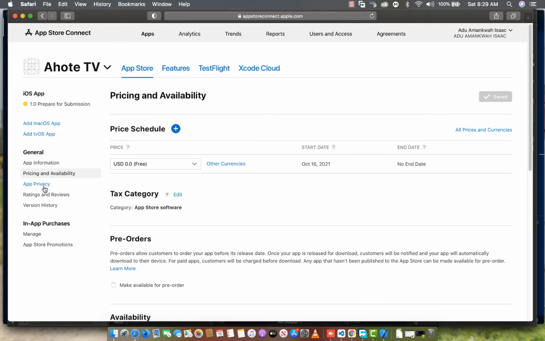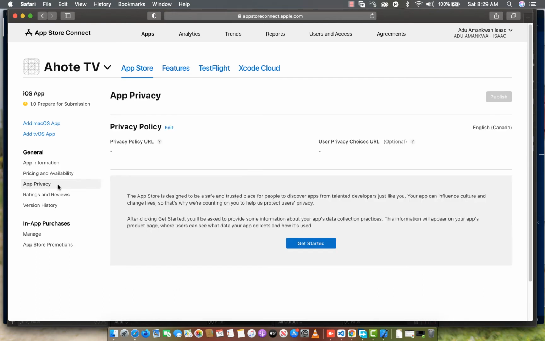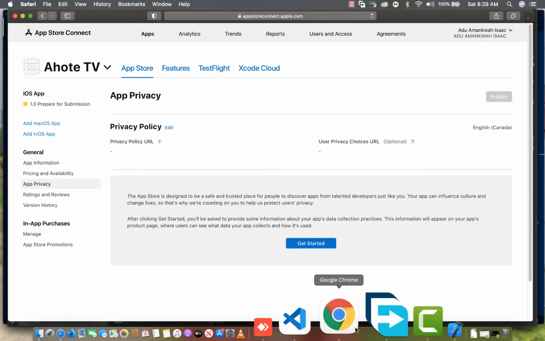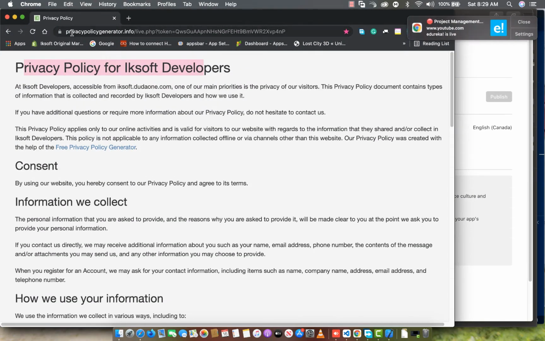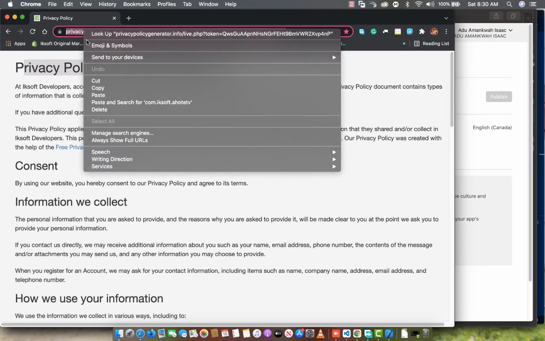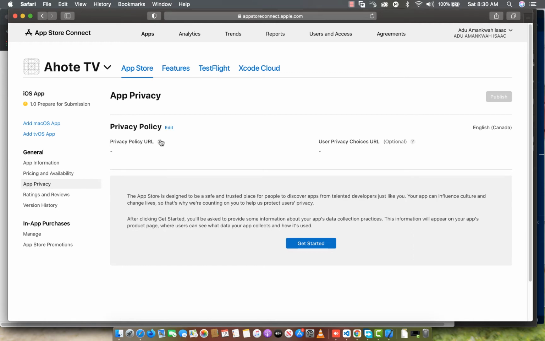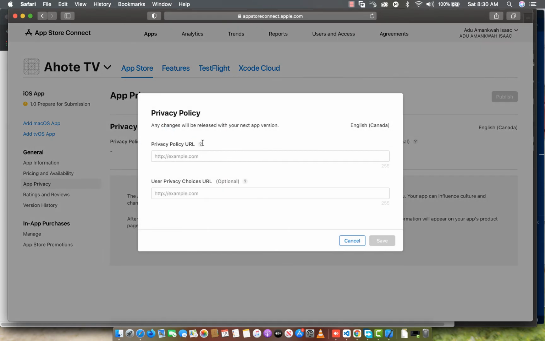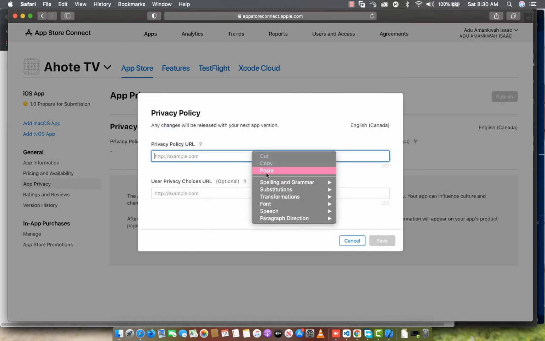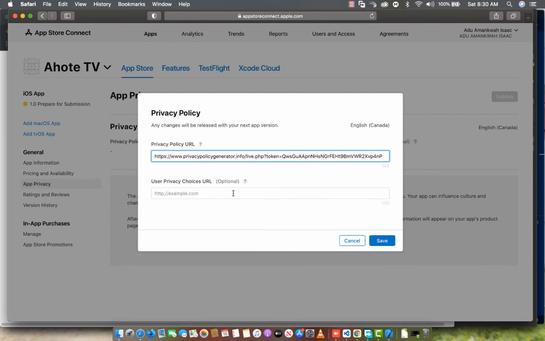Then we have the app privacy. The privacy is very important. So here we just have to add our privacy policy URL. I have added one by going to privacy policy generator.info, and I have generated my privacy policy. So I'm just going to copy this, and I'll go to this edit, then I paste it up here. This is optional, so I don't want to add it up there. So just click on save,